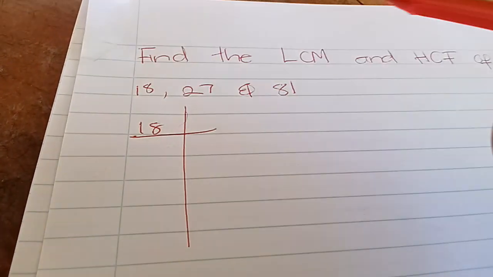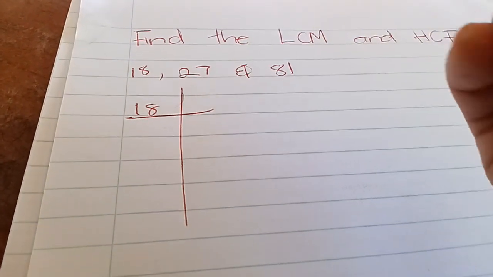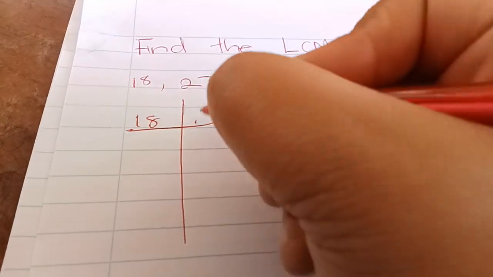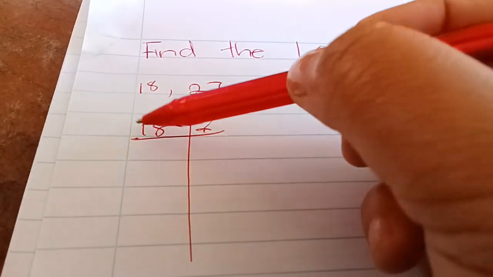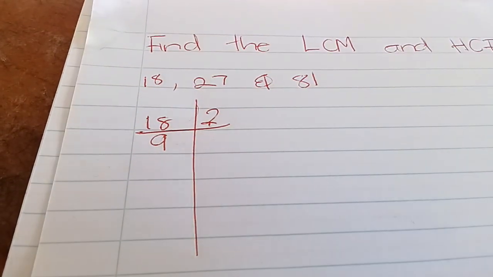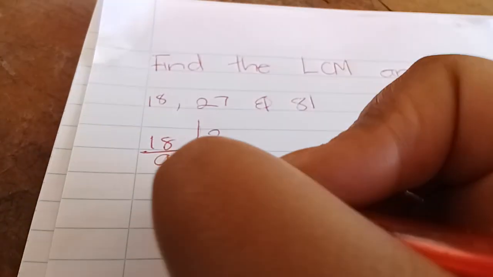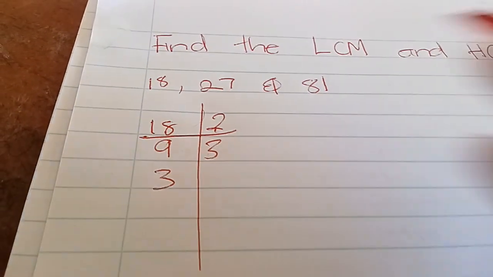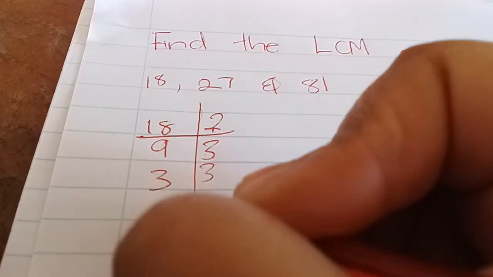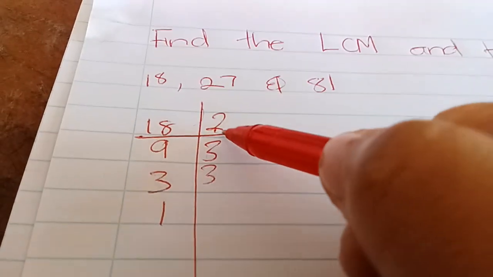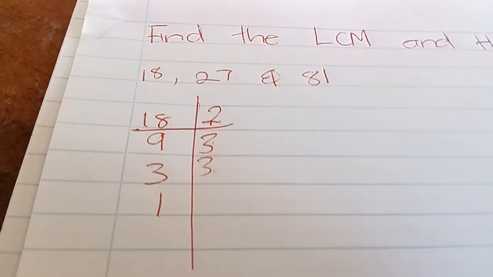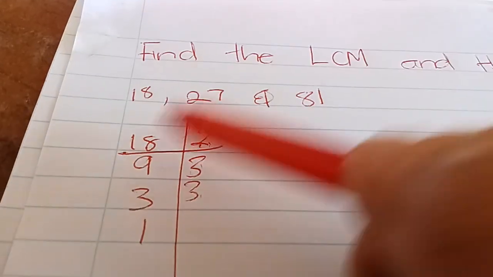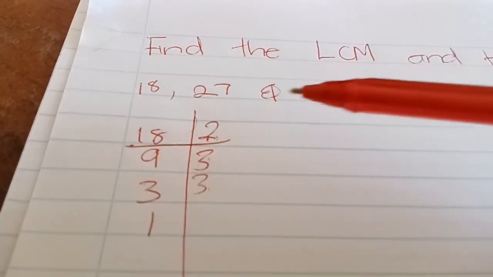We say the smallest prime number divisible into 18 is 2. 18 divided by 2 will give us 9. The smallest prime number divisible into 9 is 3. 9 divided by 3, the answer is 3. The smallest prime number divisible into 3 is 3. 3 divided by 3, the answer is 1. So 2, 3, and 3 are the factors of 18, but to be more specific, they are the prime